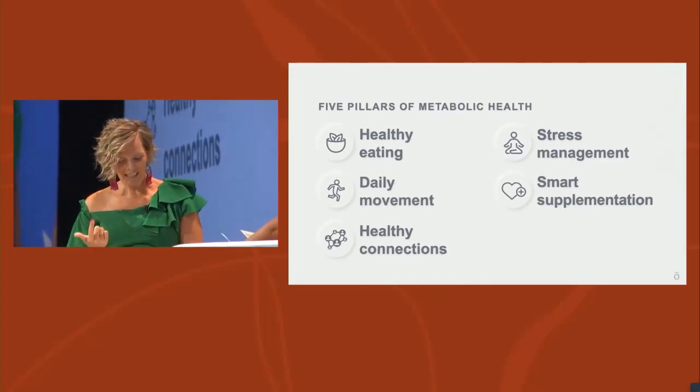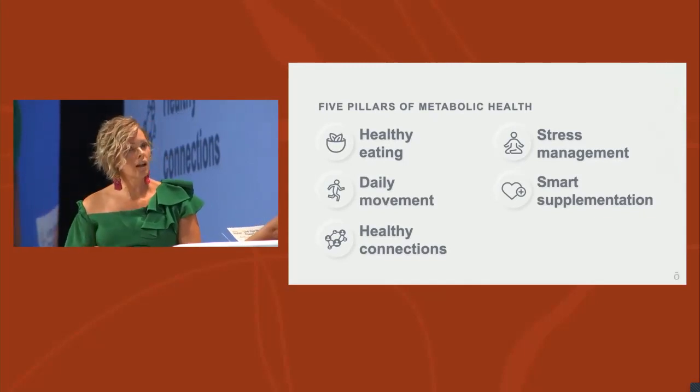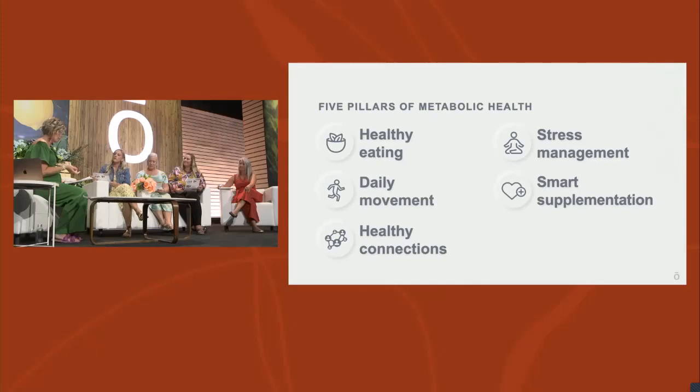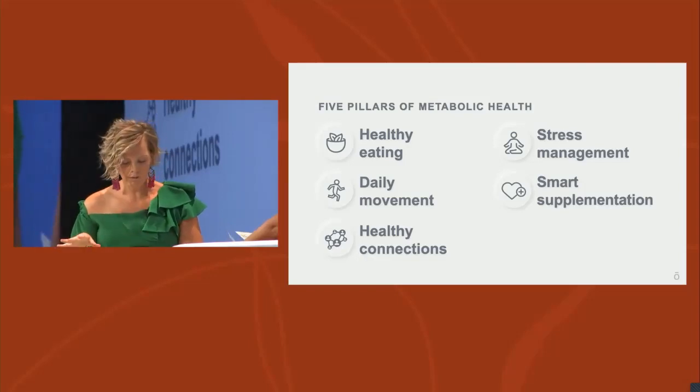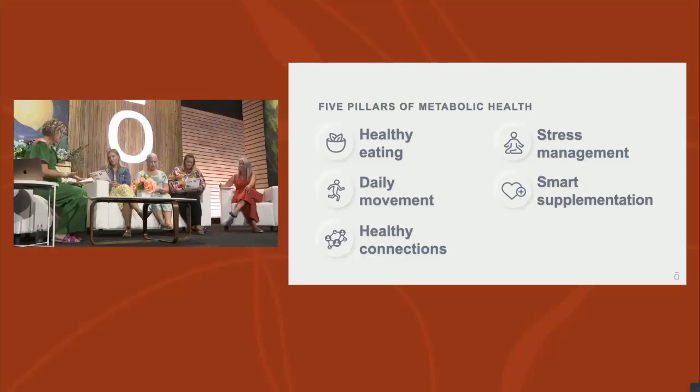So healthy eating, daily movement, healthy connections or relationships, stress management, including sleep, and smart supplementation are the 5 keys that will help you to unlock optimal metabolic health. Smart supplementation is actually how you can double down on the other benefits of those pillars that you're working on. So optimal metabolic health can look like more energy to play with the kids on the floor instead of just sitting back and watching them, or more stamina throughout the day so you're not scrambling for caffeine at 4 o'clock in the afternoon, improved endurance if you like to work out, and better focus, a clear mind if you're maybe wanting to crush a big project or something like that. And who doesn't want to look and feel good, right? Another bonus.